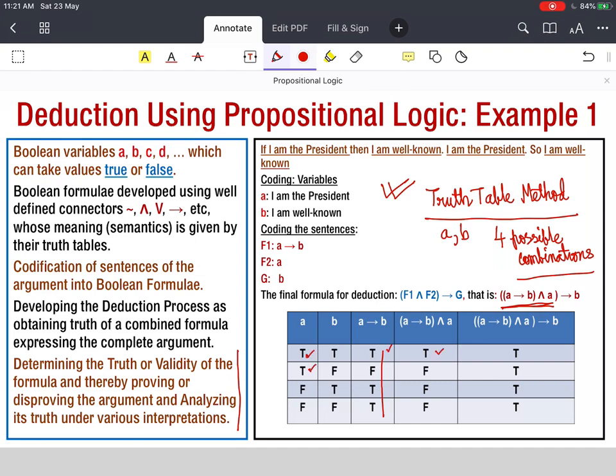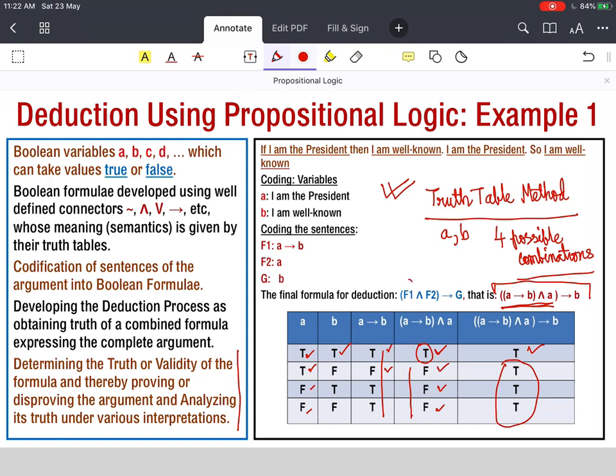The second part is A implies B and A, which is this part of our formula. When A implies B is true and A is true, this is true. A is true, A implies B is false, so this is false. And since A is false in both of the others, this is false. So now we have this being true, and in these three cases, this being false. Now we come to our combined formula, which says the left hand side implies the right hand side. Wherever the left hand side is false, by the implication rule, this is anyway true. On the other hand, when this is true and B is also true, this is true.